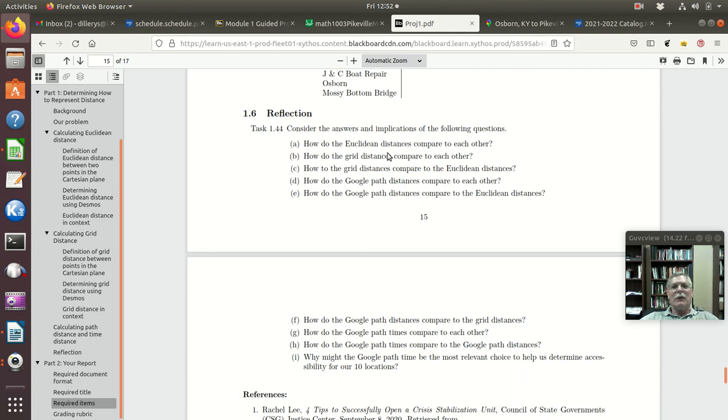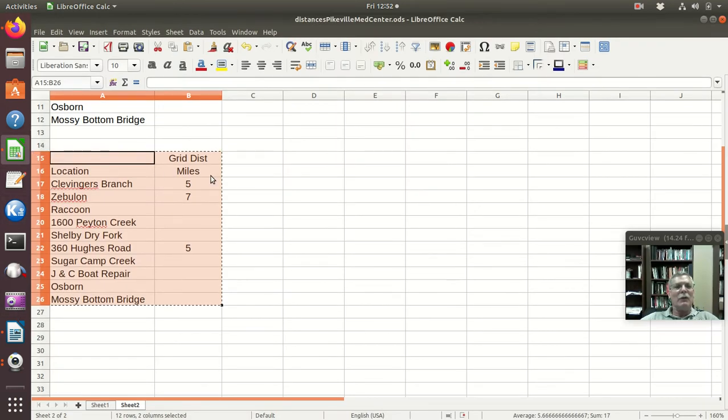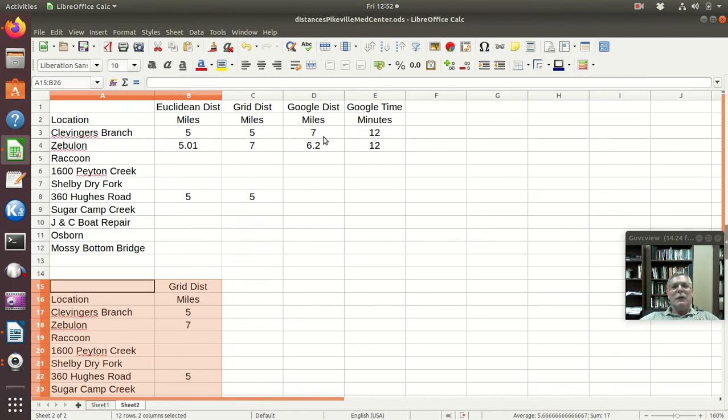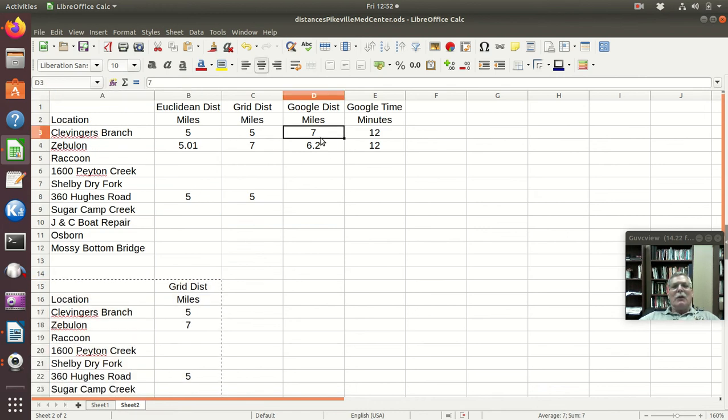well, for instance, and we can actually look at a case up here, in comparing the Google distances with the grid distances, you can say, well, there's no specific relationship. For instance, Clevenger's branch, the grid distance was 5 miles and the Google distance was 7 miles.